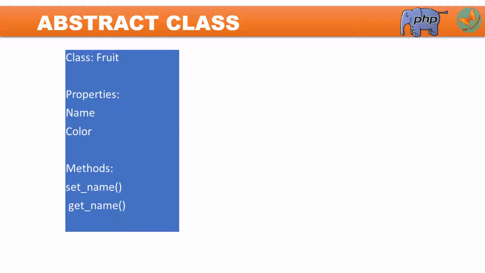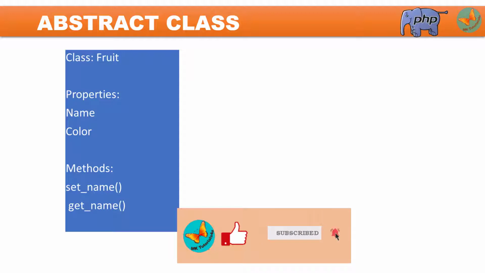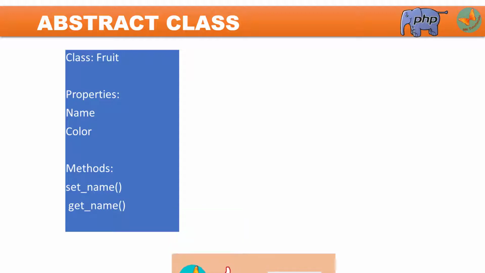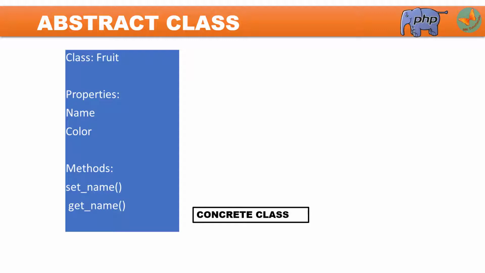So, how do you say that this is a concrete class? Because you can create instances of this particular class. So, the class whose instances can be created, means you can create objects of this class, is nothing but a concrete class. Now, how does this abstract class differ from the concrete class? The first difference is that with an abstract class you cannot create objects, just like the concrete class. Means you cannot instantiate the abstract class.